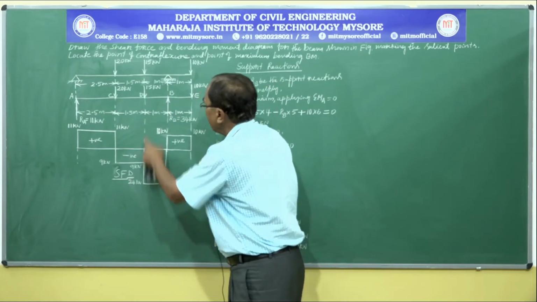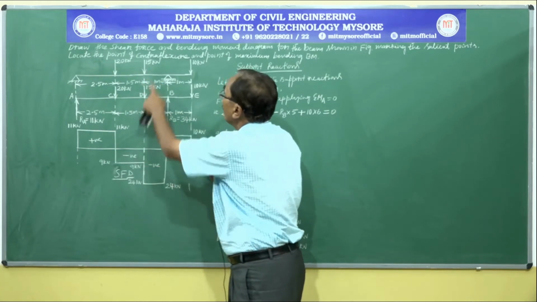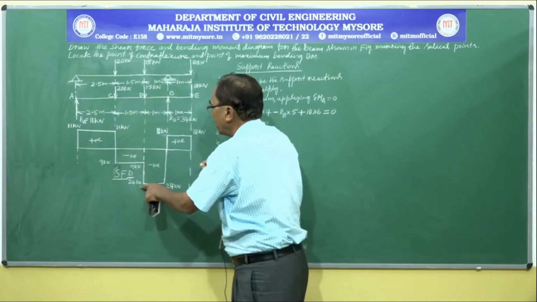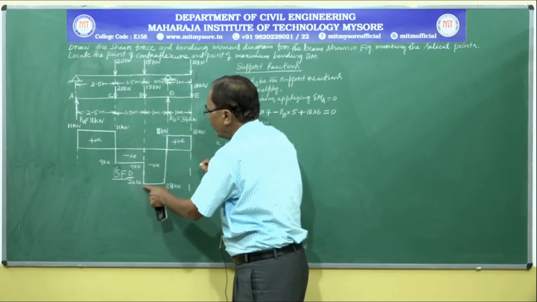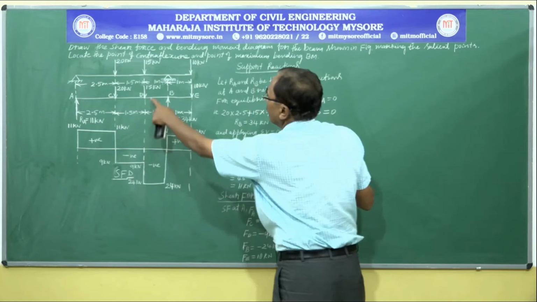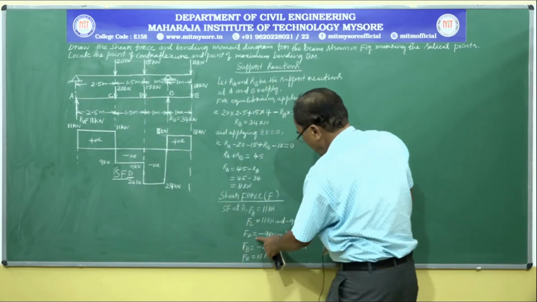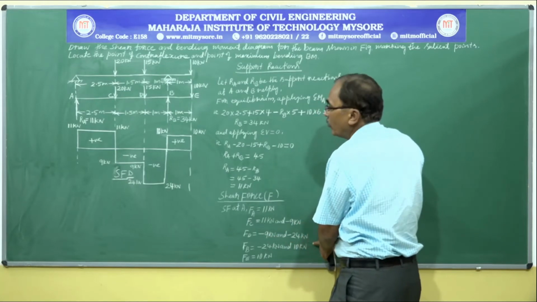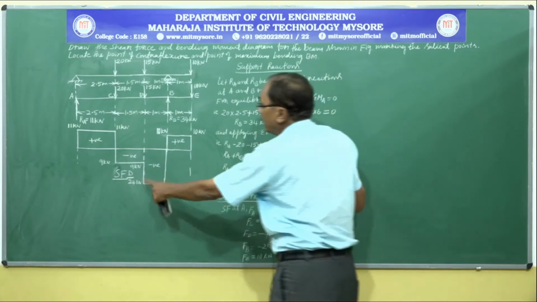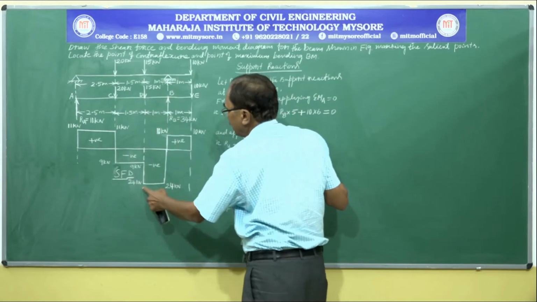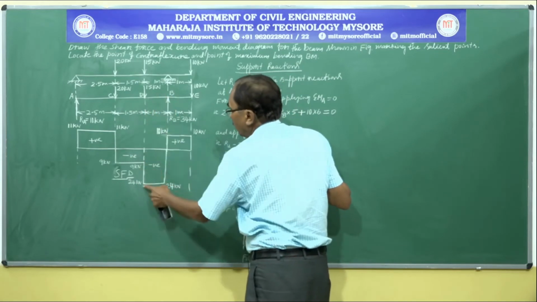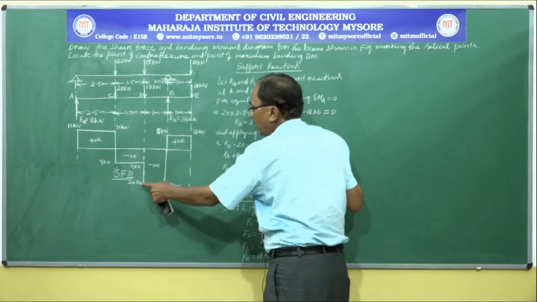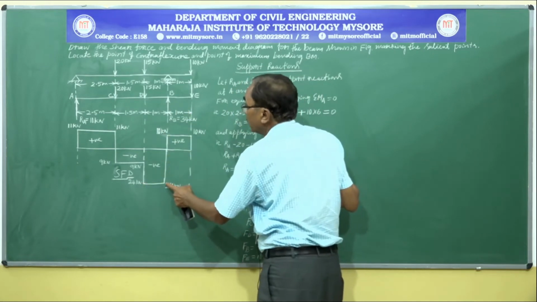Then there is a downward vertical load of 15 kilonewton. We already came down by 9 kilonewton. We are moving further by another 15 kilonewton, totally 24 kilonewton. That is the shear force at point D. There are two values, minus 9 kilonewton and minus 24 kilonewton. Again between D and B no load, the variation of shear force diagram is horizontal. The same value is carried up to here.